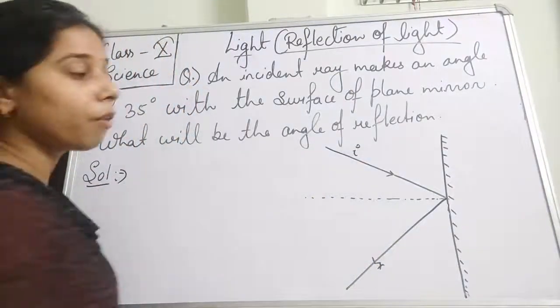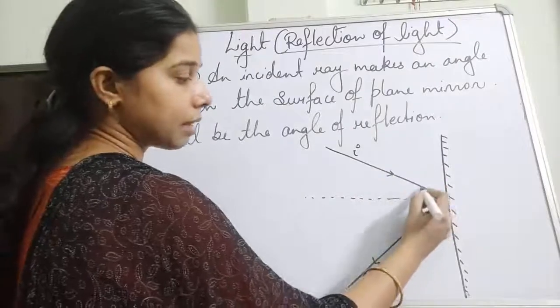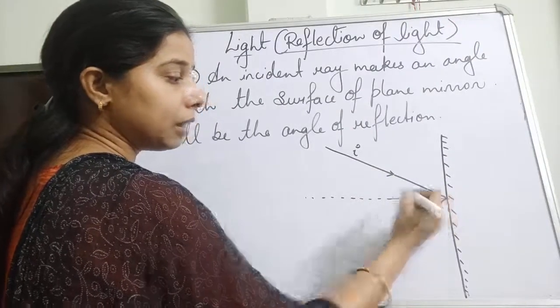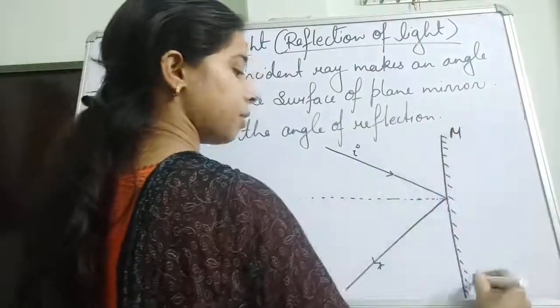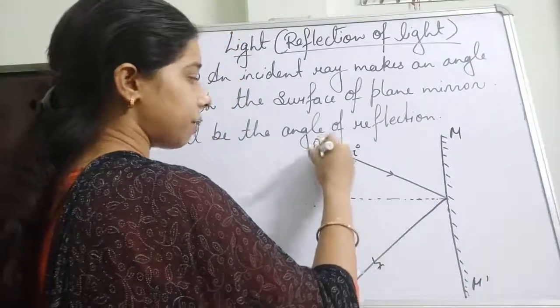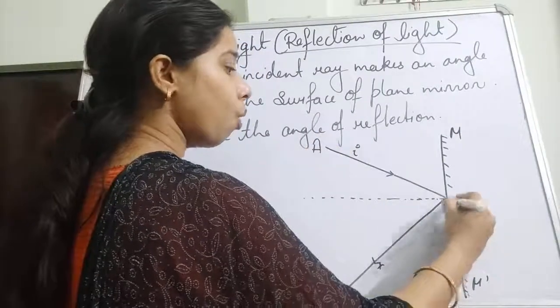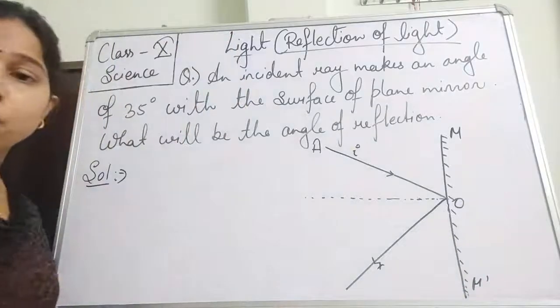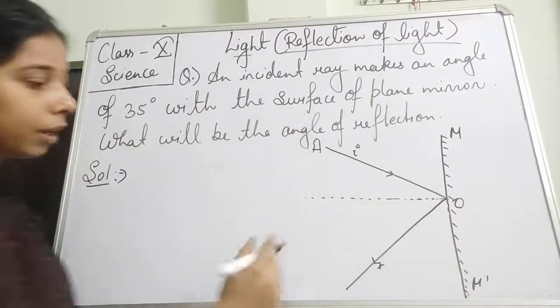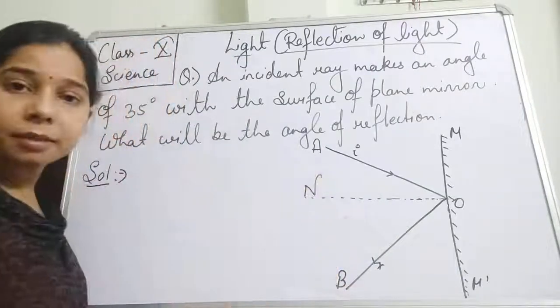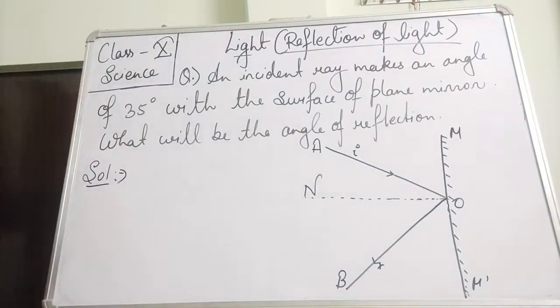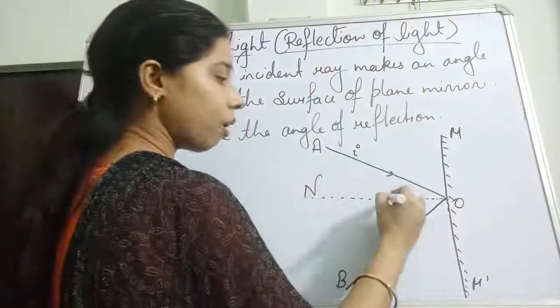What will be the angle of incidence? That will be the angle made by the normal and the incident ray. Suppose this is the mirror, M dash, and the ray is coming at a point, this is O, and the ray which gets reflected goes to B. This is the normal, represented by L. Now it will be easy for us to understand. This will be the angle of incidence.